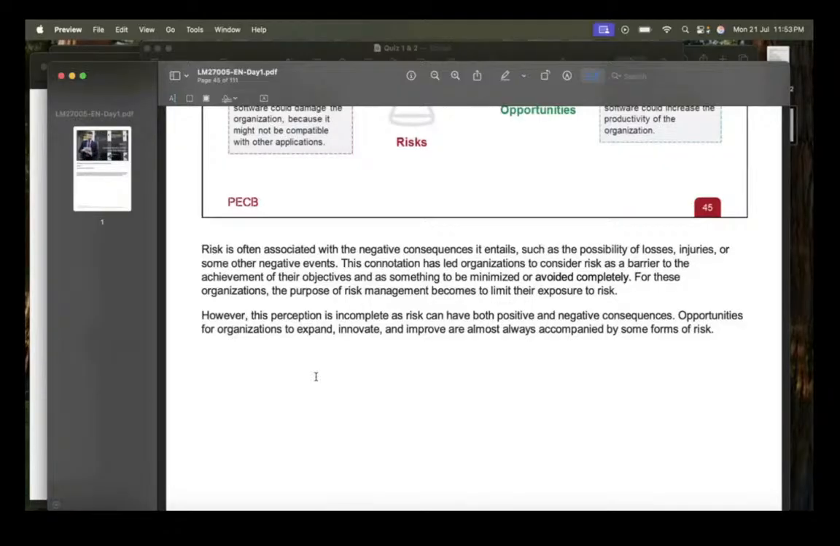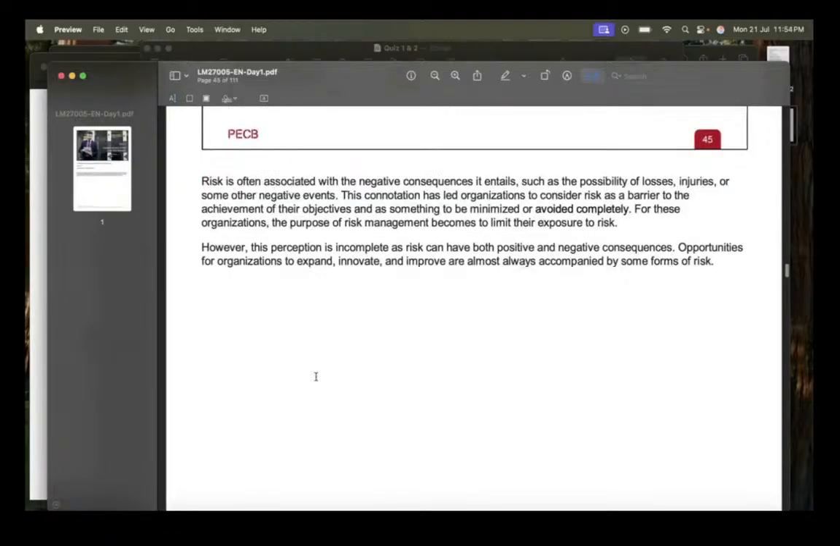So, whenever there is risk, there are opportunities on the other hand. So, it is not always that there is only negative impact, it can have a positive impact as well. That is why we do risk management, because if it only had a negative impact, then we would just avoid it. But no, risk does not have only negative impact. It can have both positive and negative